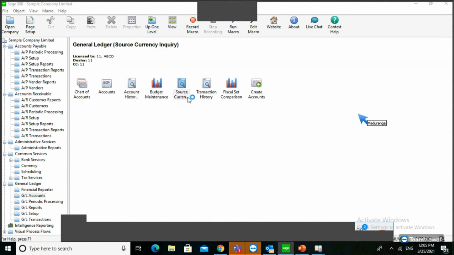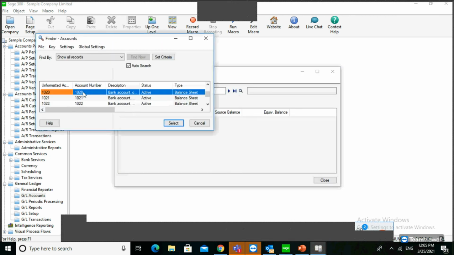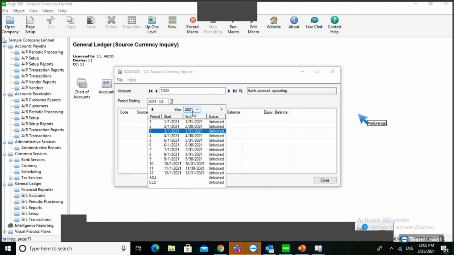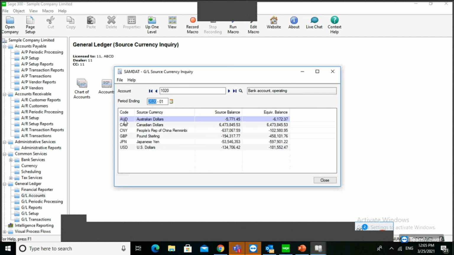And also you can inquire the source currency inquiry based on the account you are posting. Let's say you are posting 2020 transactions. Here you can see the source currency, Australian dollars, 5,000 worth of Australian dollars you posted to the particular account.